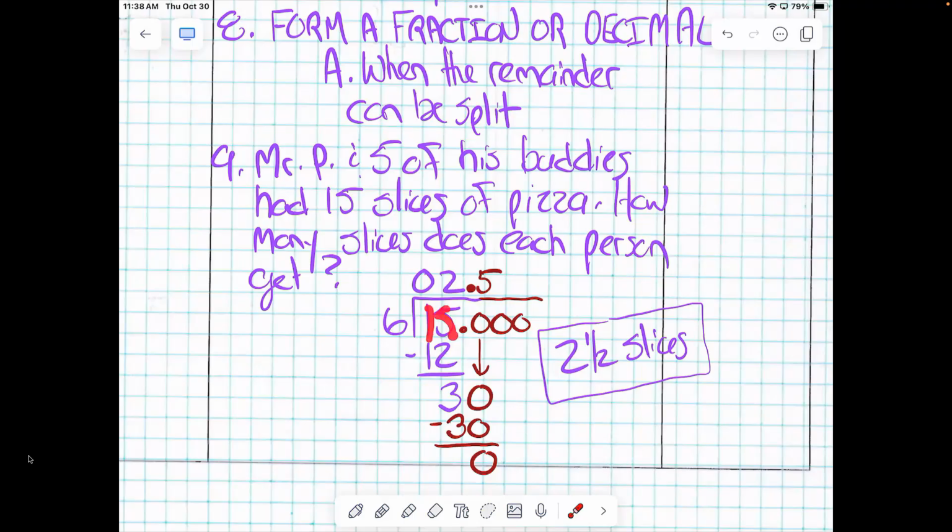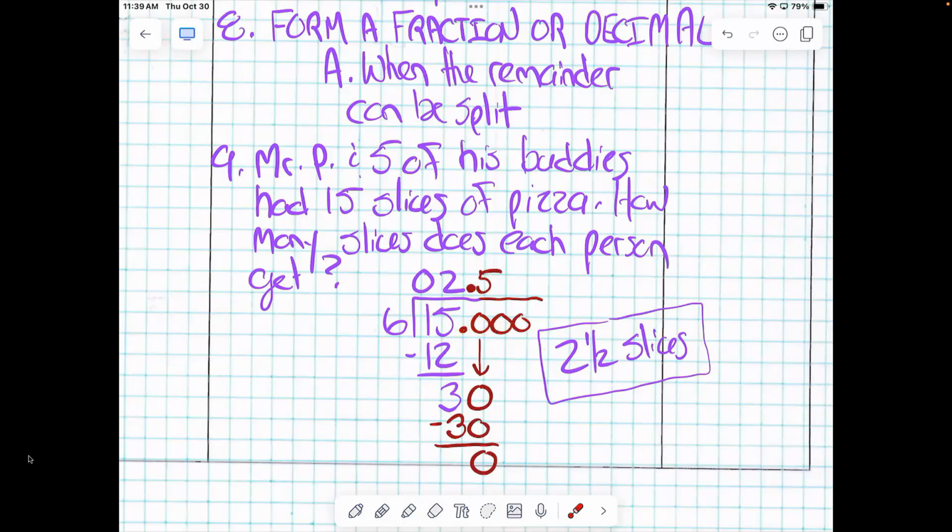There were 6 of us, me and 5 buddies, right? I had 15 slices of pizza, right? Divided it by the 6 of us. I had 2 remainder 3. I had 3 slices left over. Can I tell my buddies we each get 2 remainder 3 slices of pizza? No, that sounds silly. So instead of saying remainder 3, we just added our decimal point and some zeros and